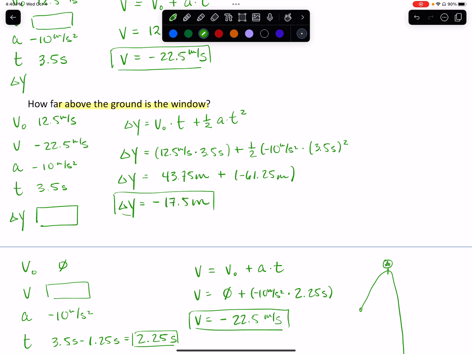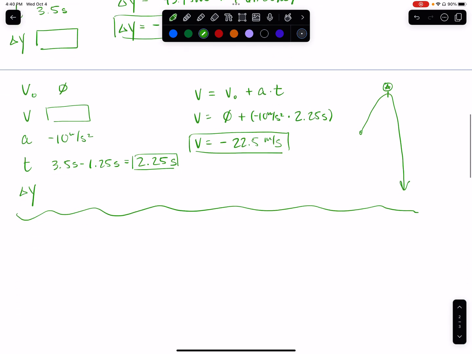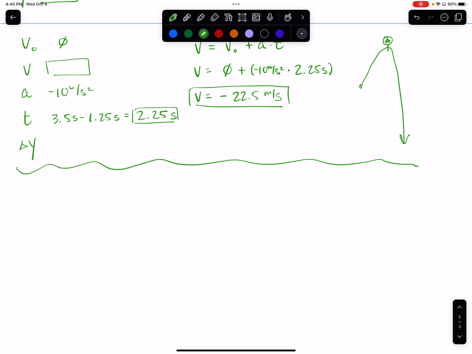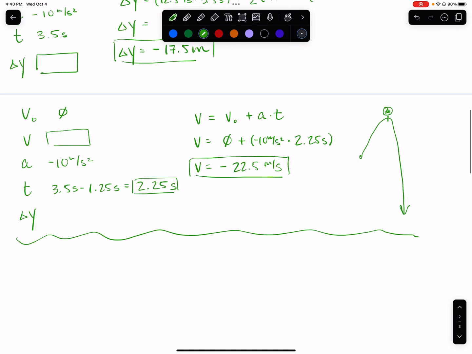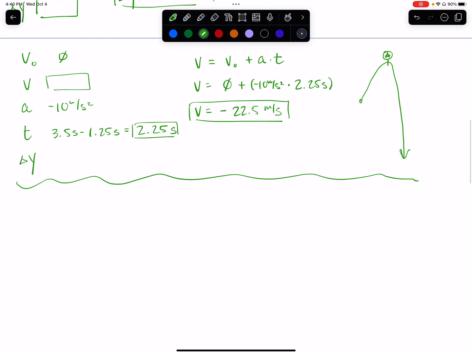Now again, the negative sign is just telling us the direction, and that's accurate because the ball is lower than where it started, so we should have a negative value there. Now similar to the problem above, there is a second way to do this problem, which I'm going to do down below. So we took the entire time there, so we could do something similar